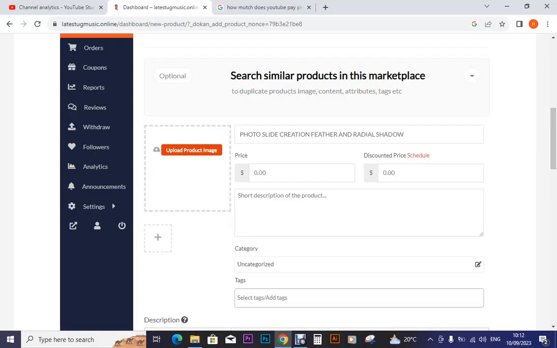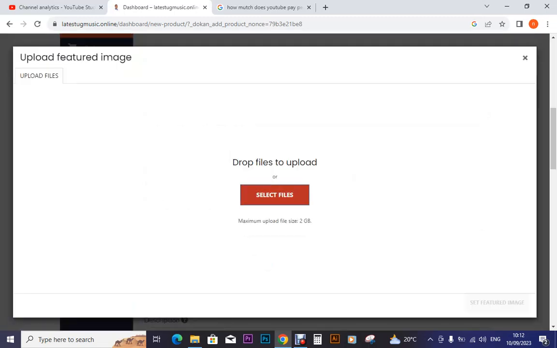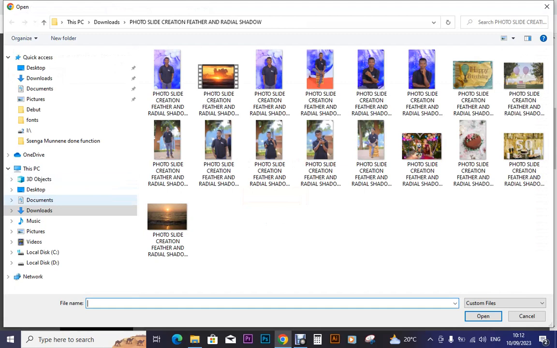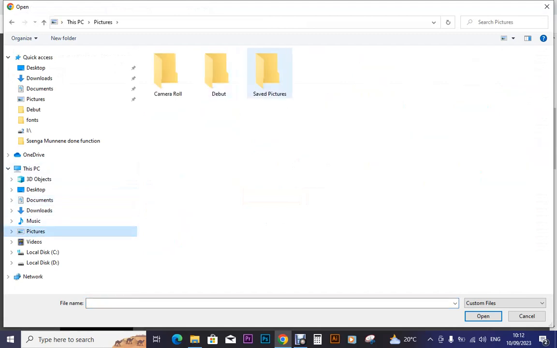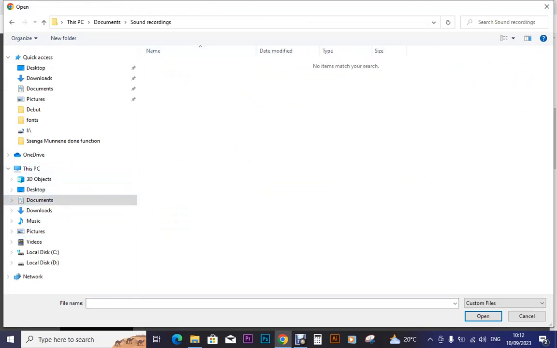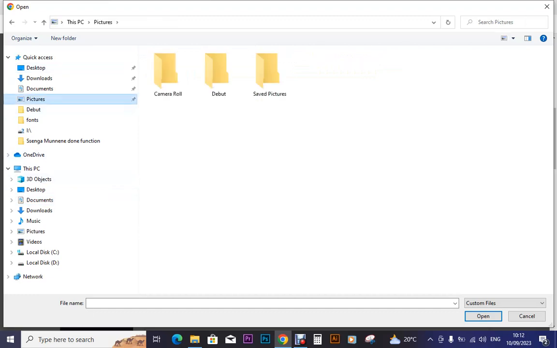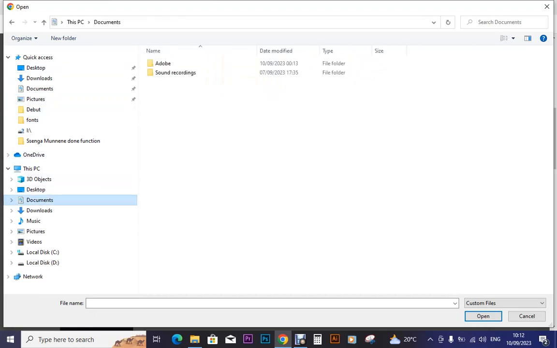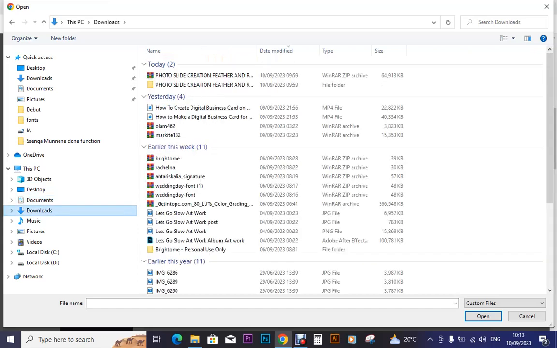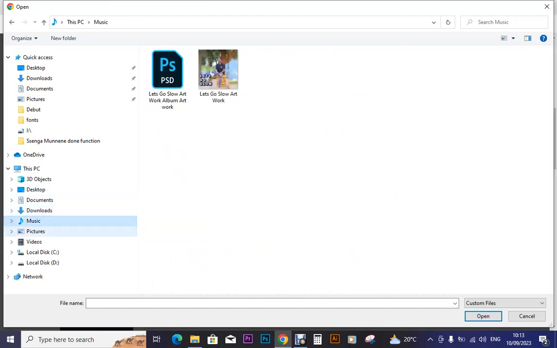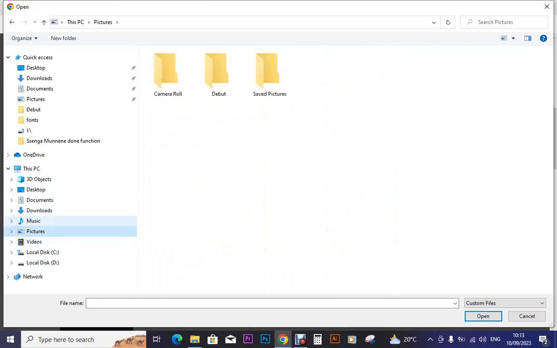Okay, so basically what I'm going to be doing is I cancelled the other image, so I'm going to be using this. If I select here, then I go to picture. Okay, then the bird, was it picture? No, documents, surrounding. Why, where are the pictures? I remember I saved the picture somewhere